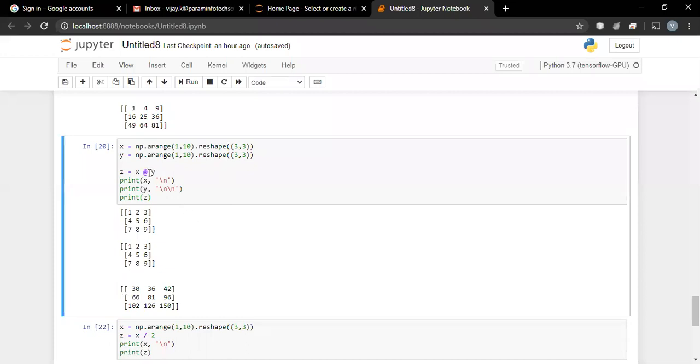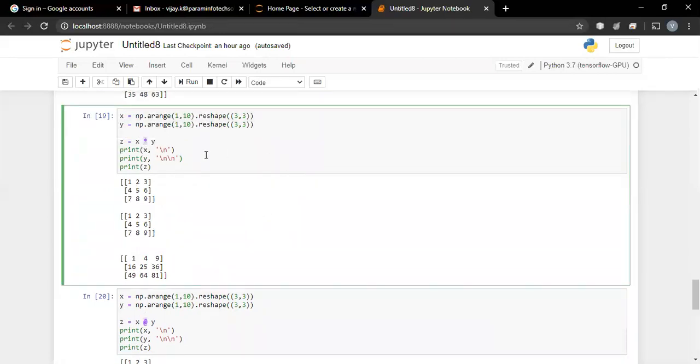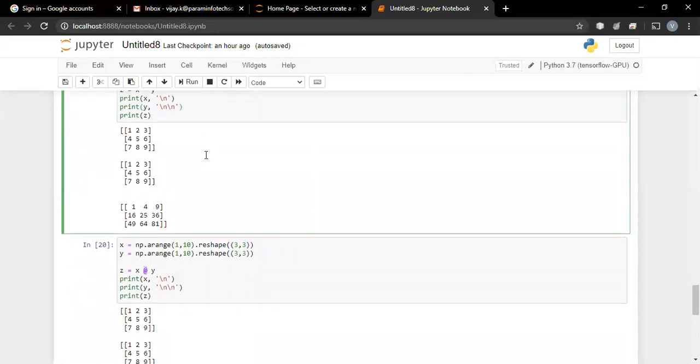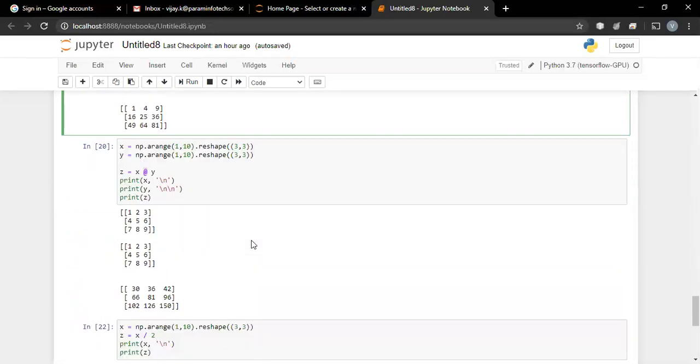Then we will go for the at the rate operator. That is the matrix multiplication that you are familiar with. So if you want that kind of matrix multiplication, you will go with the at the rate symbol. And for element by element multiplication, you will go for the star symbol or asterisk symbol. So these are the two different types of multiplications, star and at the rate. Aaron, I hope I solved your doubt.